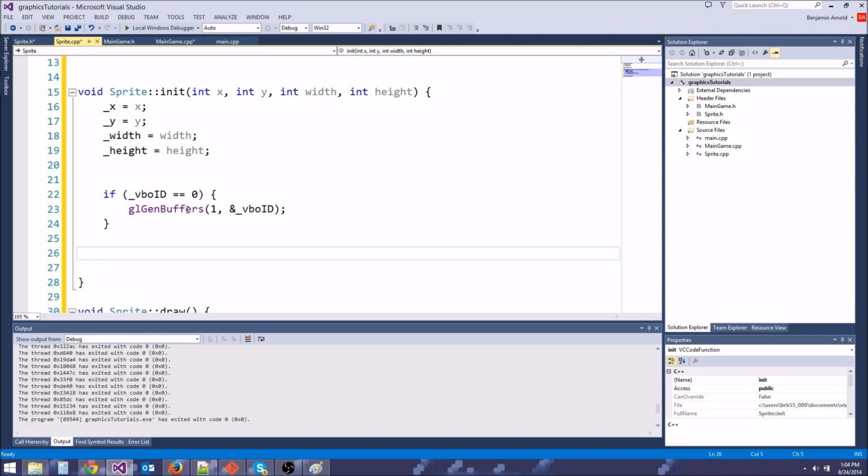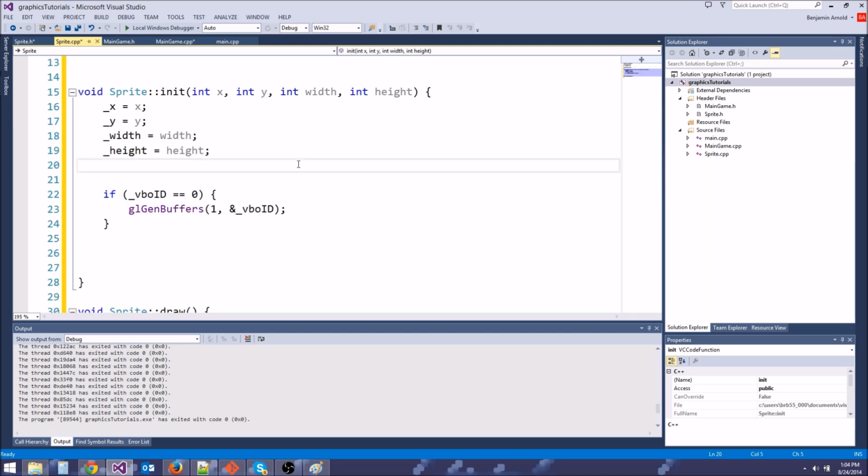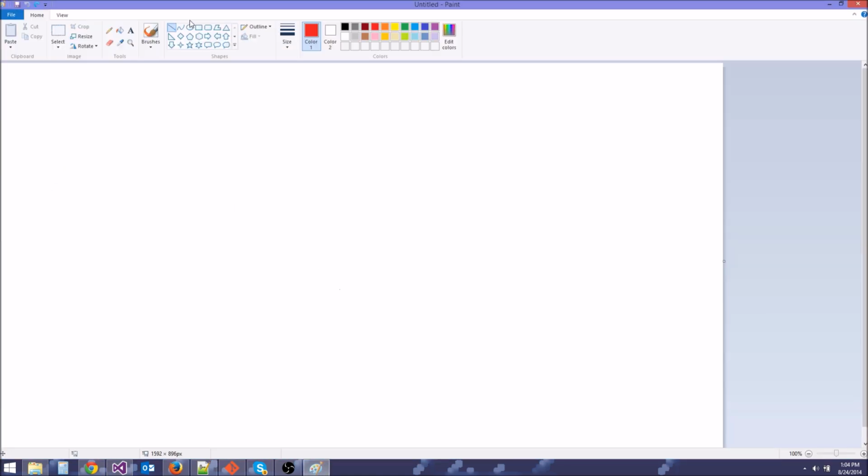Now what we need to do is actually upload the data to that buffer, but we don't have our vertex definitions. We could hard code them, but instead I'm going to use these x, y, width, and height variables to construct our vertex definitions. Since we're making this a square, that means we're going to need 6 vertices, because we need 1,